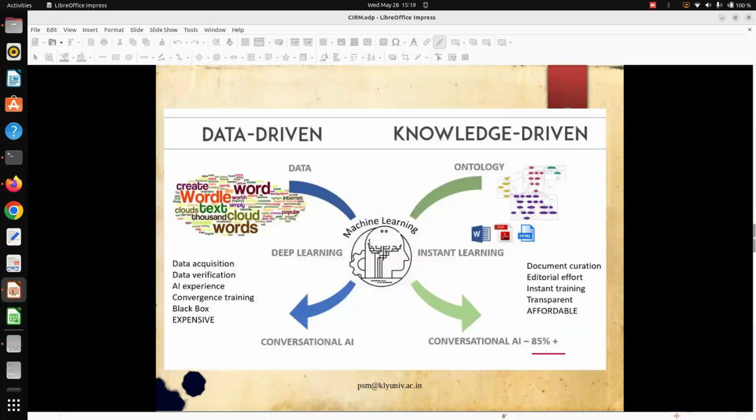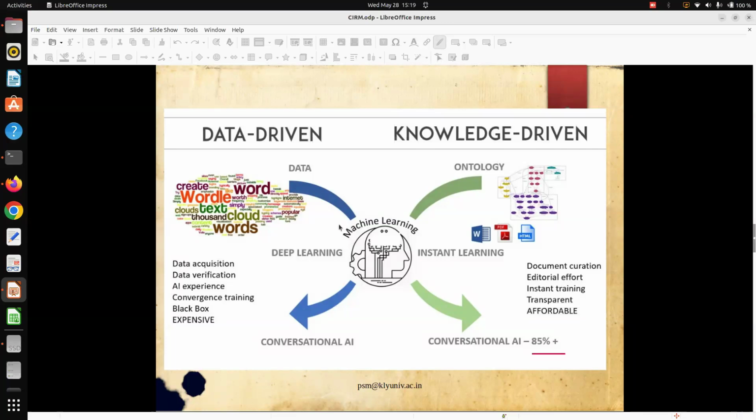So this is basically the model structure. At the core, you need to provide a knowledge structure like an ontology. It can be a WordNet, it can be a classification system, it can be a thesaurus, it can be a big dictionary, anything. You convert that into an ontology, which will represent different concepts through names and the scope, definition, etc. So that is called an ontology.